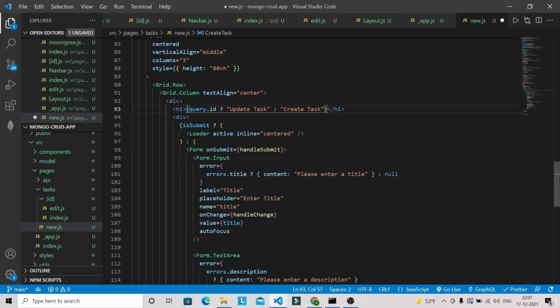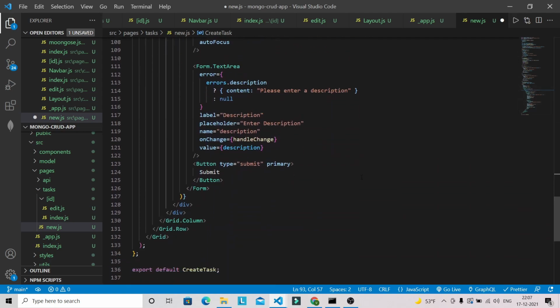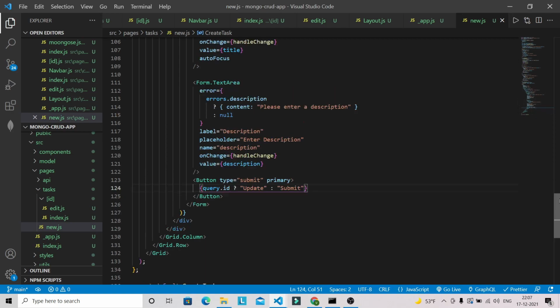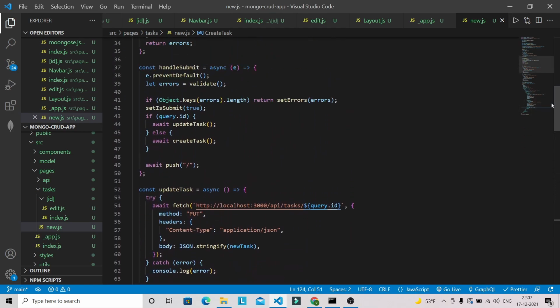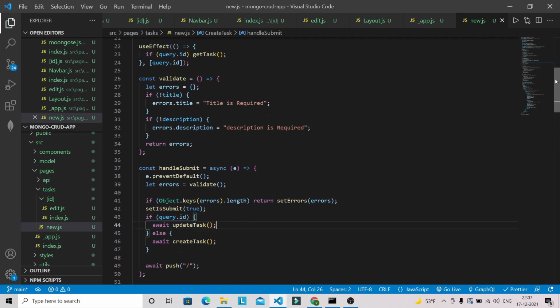Same thing will go for the button value as well. So query.id, so that means user is updating the existing task. So button value will be update, else it will be submit. So we can verify this one whether it's working or not.